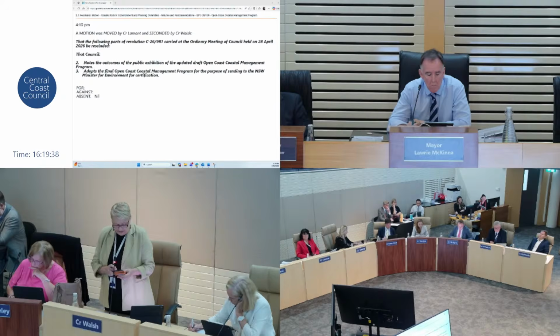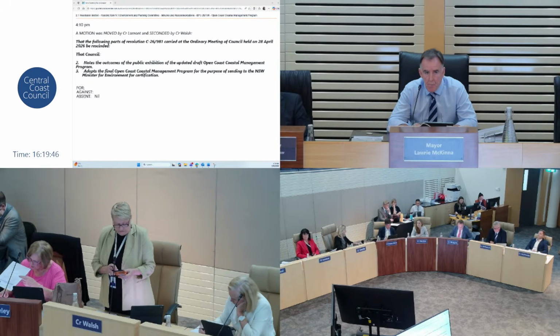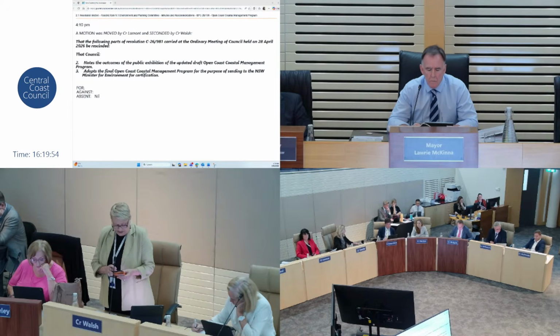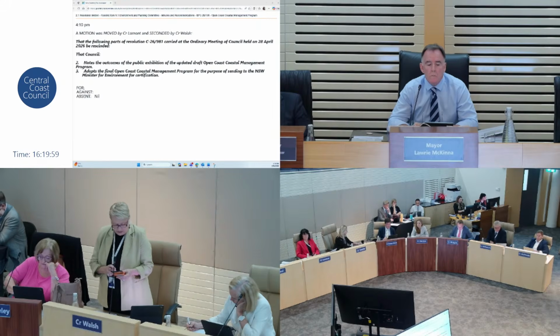This is not responsive planning, this is not participatory democracy, and it is certainly not progressive environmental governance. If Council asks the community to engage in good faith, to spend their time making submissions, attending consultations, reviewing technical documents and expressing informed views, then we have an obligation to demonstrate exactly how those views shape the final outcome. At present, this CMP does not adequately do that.